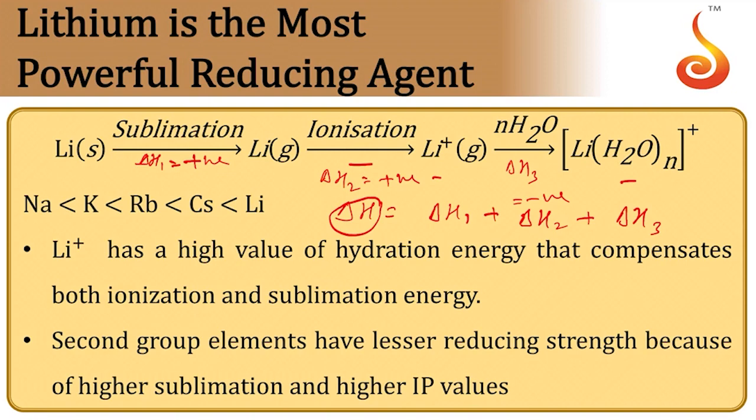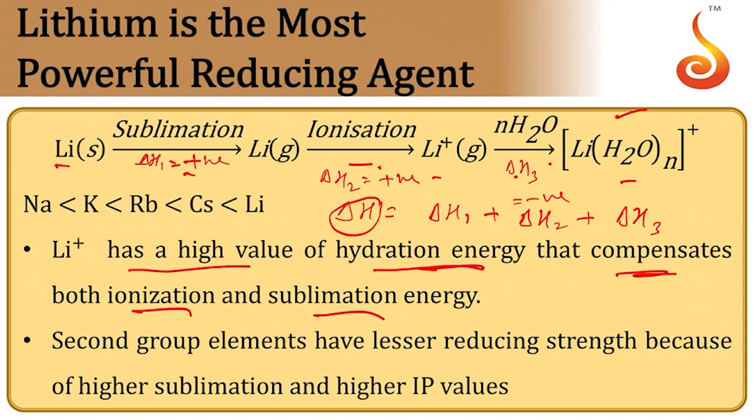A higher negative delta H indicates it is going to be a stronger reducing agent. So the summation must be a negative value. A higher negative value indicates that it is going to be a stronger reducing agent. And lithium has a higher value of hydration here. This value is very much higher for lithium, which is compensating both the IP value as well as the sublimation value. So this compensates both these two steps and gives a higher negative value,